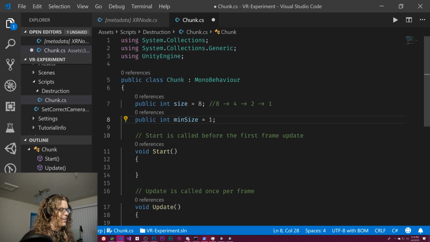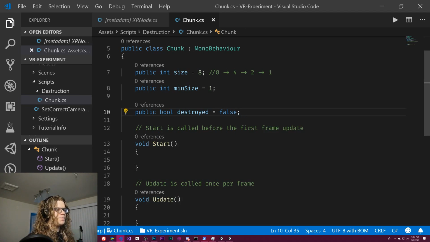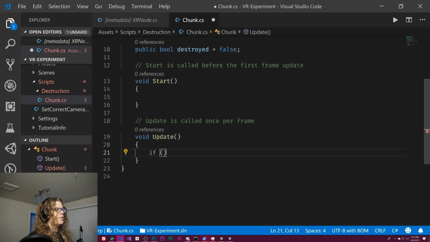It'll create a lot. So what we're going to do is a public bool destroyed equals false. Again, testing the script just to see how this might work. So we have this destroyed thing, and what we're going to do is just blow it up when this is true. So if destroyed,